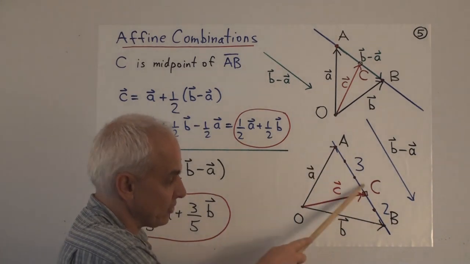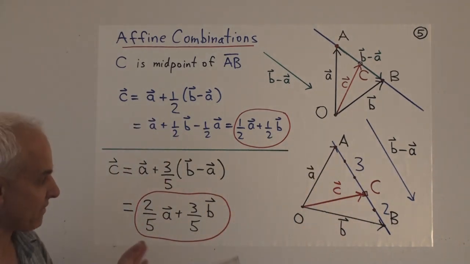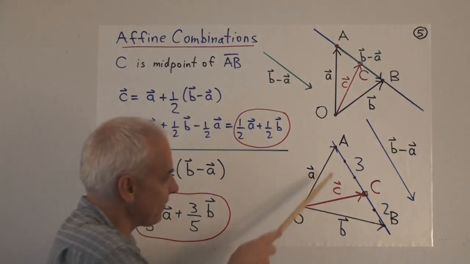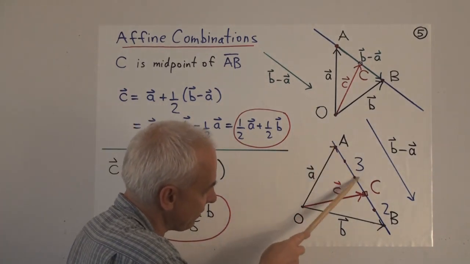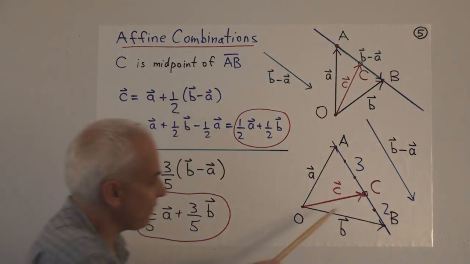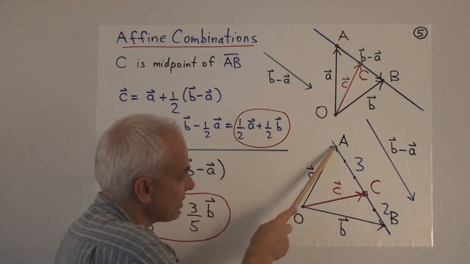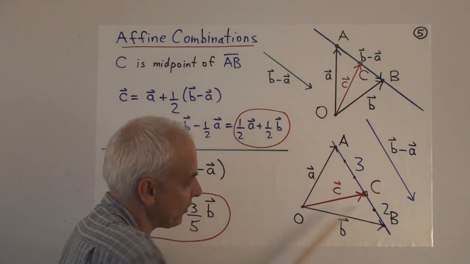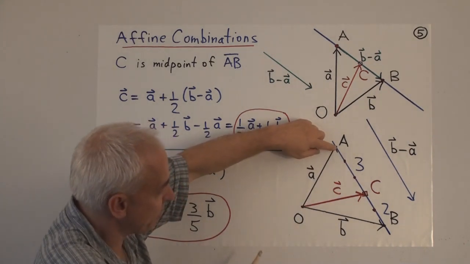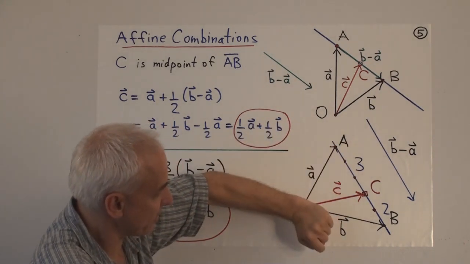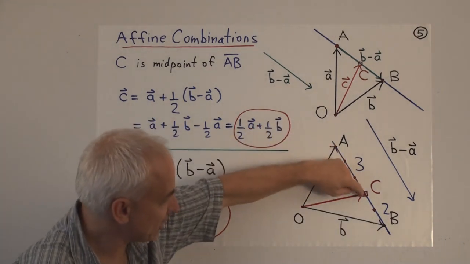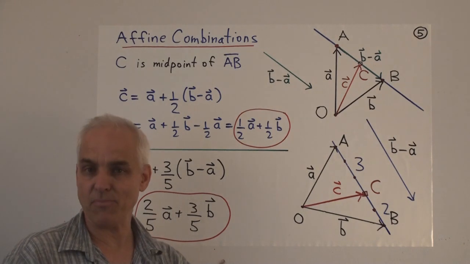where instead of dividing the segment AB into two equal pieces, we're going to divide it into two unequal pieces. So suppose that we've divided AB into 5 equally spaced pieces, and we've chosen our vector C so that it's 3 in this direction and 2 in this direction. Okay, so there's 1, 2, 3, 4, 5 equally spaced points, and we're going along 3 in this direction, and there's still 2 more steps in that direction. So this is in the ratio 3 to 2. That's another way of saying where that point C is.